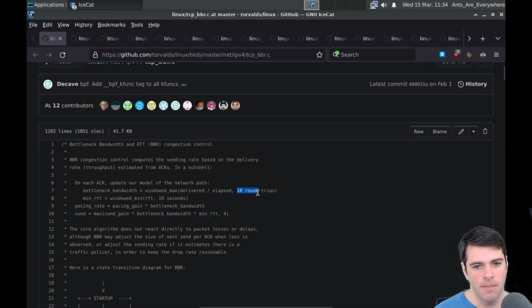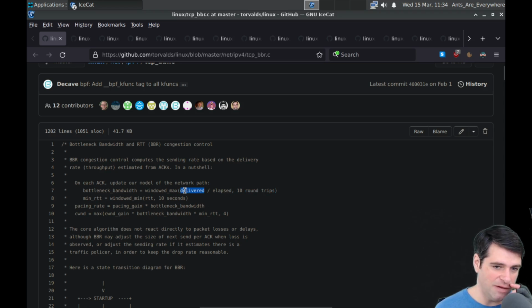Because we're taking a max, right? We're taking a max, I think. And the unit here is round trips, right? The unit here is not a time. And the unit of delivered is number of packets. It's a count. So this is a count and this is a count. So I'm guessing elapsed must be some sort of count and not a time. Maybe. And then min round trip time is a time, and we're going to just take the min of whatever RTT is